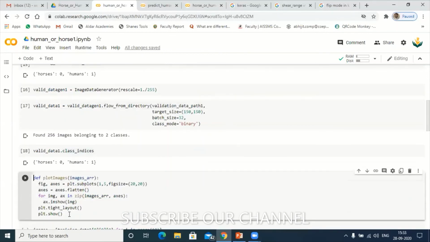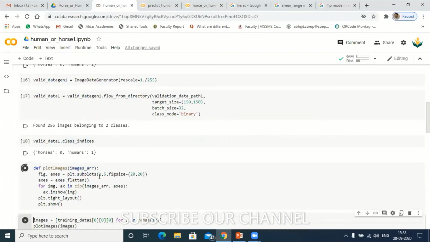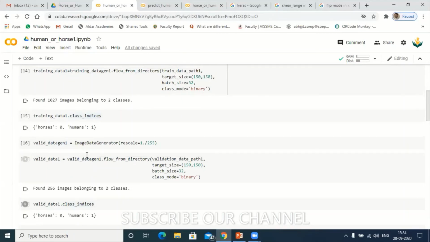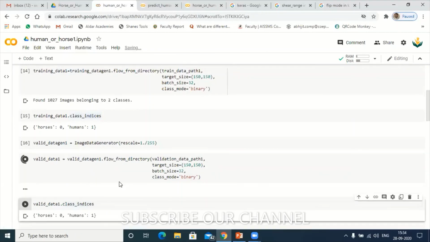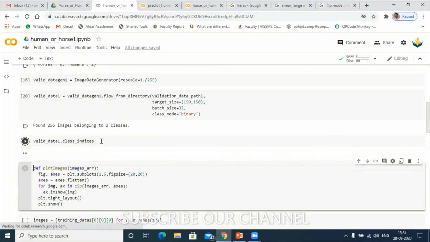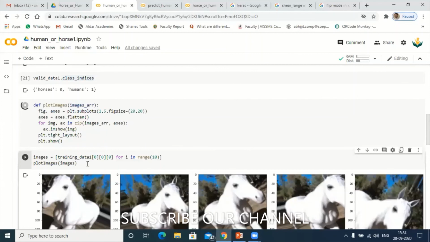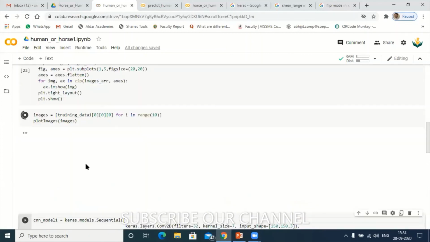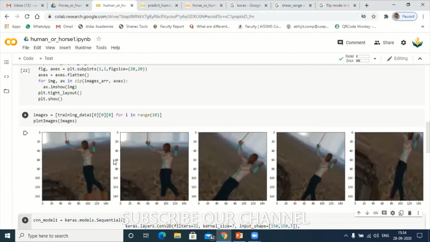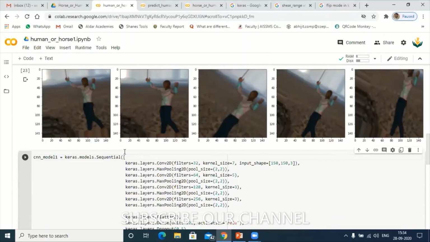Next, this valid data. Next is this model, CNN model 1.